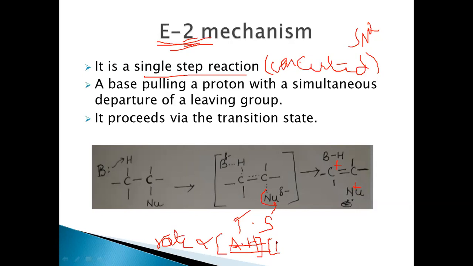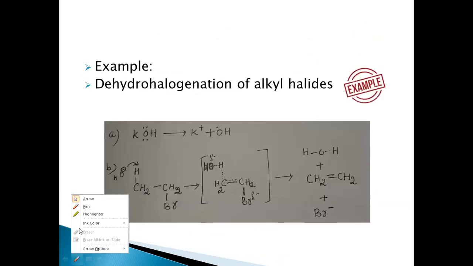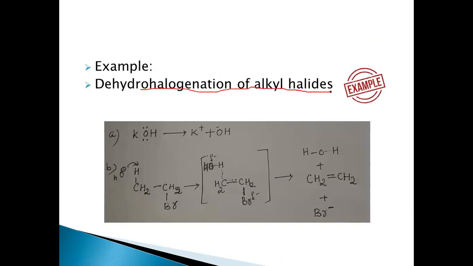Yes, this is the base, right? So the rate of the reaction is dependent upon both the concentrations of the alkyl halide and also the added base here. So let's look at this with the help of an example, that is dehydrohalogenation of alkyl halides. Let's see this, take ethyl bromide here, dehydrohalogenation of ethyl bromide, where the base which